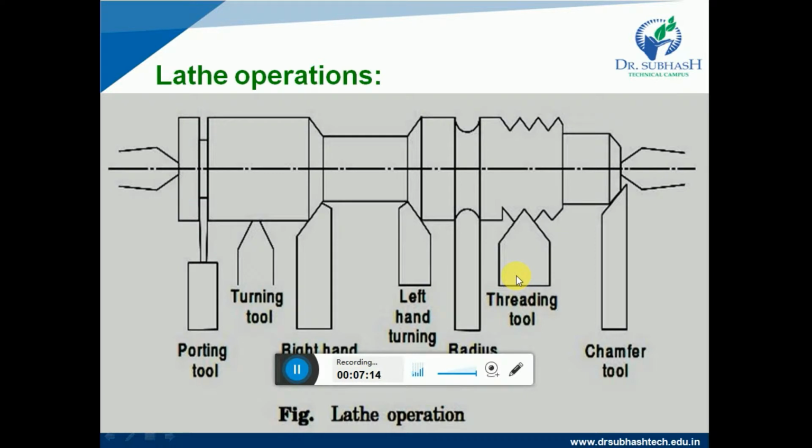Now drilling. It is not necessary to use a separate machine to make a hole; we can use the drilling operation. If we have lathes, we can also perform the drilling operation with the lathe machine. Drilling is an operation by which we can make a hole in the job. In this operation, the job is rotated at turning speed on the lathe axis, and the drilling tool is fitted in the tailstock spindle, right? And the tailstock is moved towards the job by hand feed.